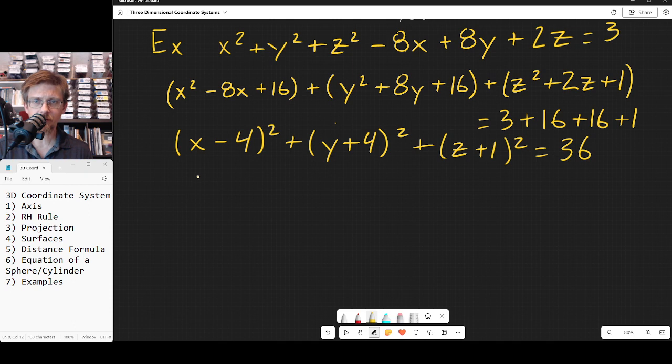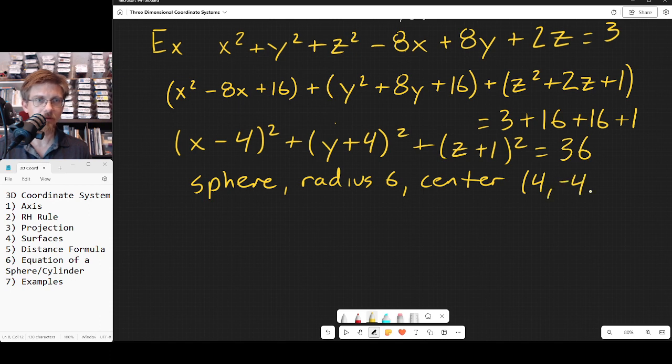We have a sphere of radius 6 and a center. Remember, take the opposites of all of those numbers for the center. The center is (4, negative 4, negative 1). Okay, one more problem from this, and we will call it